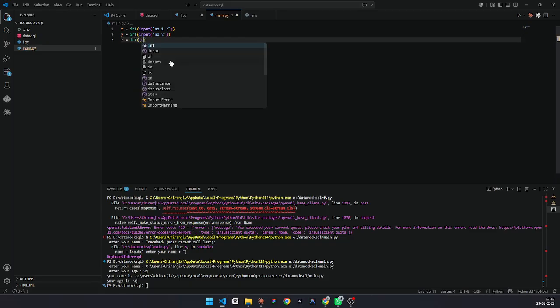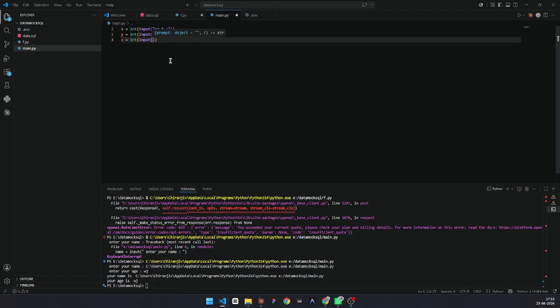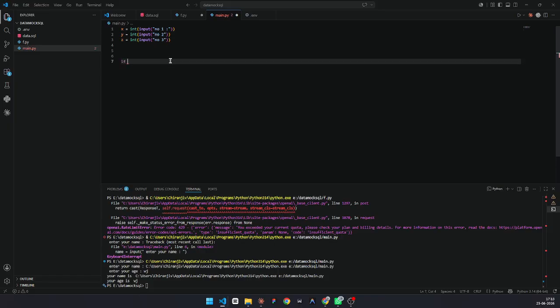Integer input number 3. So now here comes the if statement, and you can also see the color is different because this is a statement and this is a function, integer and input. So let's go. If x is more than y is more than z.